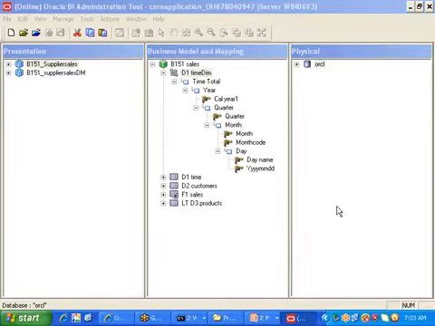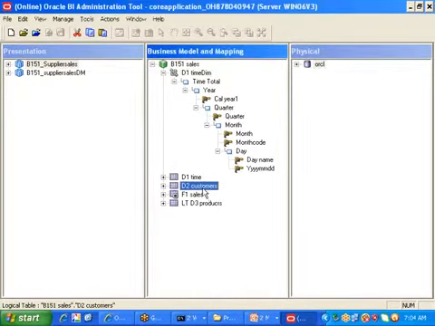Just to give a brief about the dimensional hierarchy, we had a chance to create the time hierarchy. Today we'll go through some more concepts in the same dimensional hierarchy. We'll go with the basic steps of how to create the customer hierarchy, followed by how to create the products hierarchy.